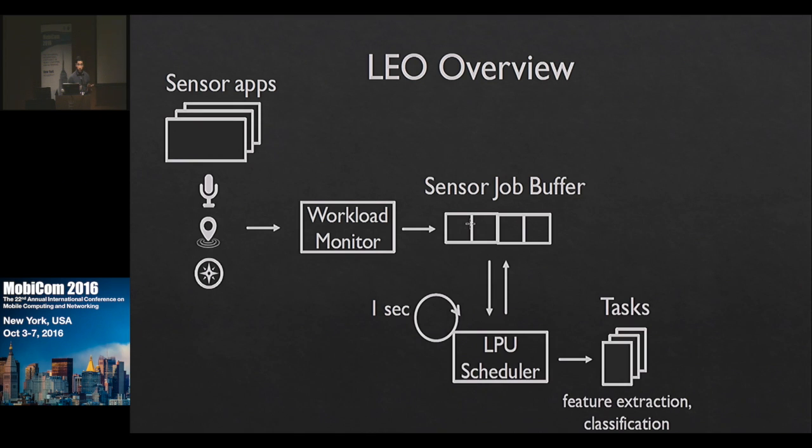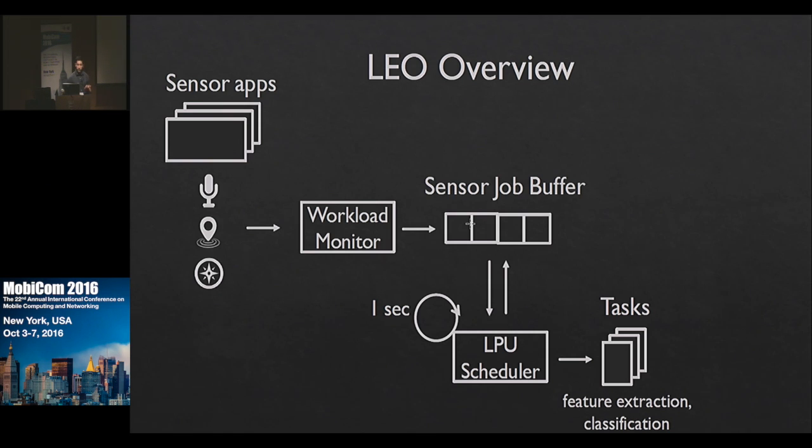We have a low-power scheduling component that runs on a low-power unit. In our case, it's the Hexagon DSP in our prototype. And this scheduling unit continuously monitors the sensor job buffer. It periodically detects the sensor processing requests from that buffer, and in our case, this is a 1 second period. So every second, the scheduler will look at the sensor job buffer for relevant sensor processing